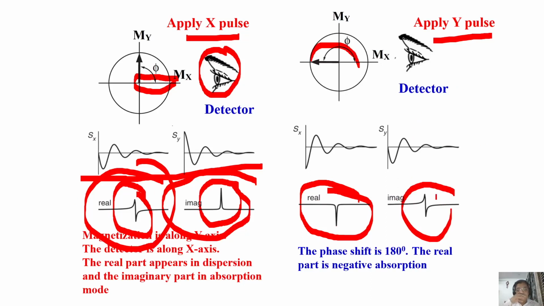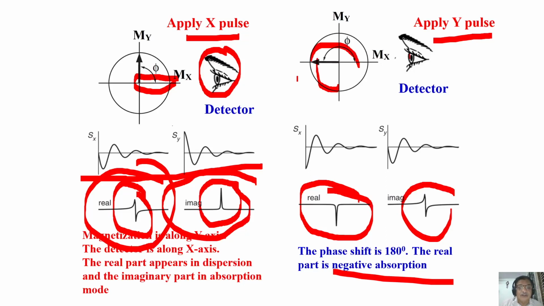In the previous example, you would have seen, I think. So this real part is a negative absorption. That is an important point, you see, because you are seeing it here. On the other hand, if it had come here, that would have been a different thing. You can work out. So this is the way, by the application of a particular pulse of a particular angle in a particular direction, you can find out the phase of the signal.